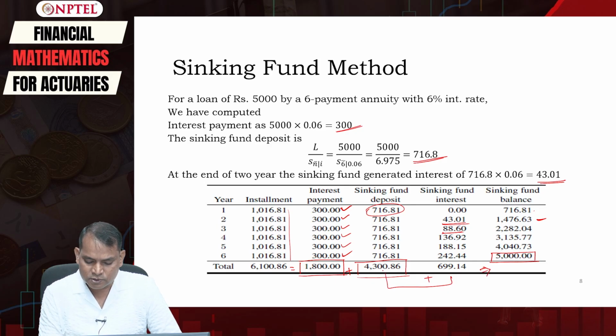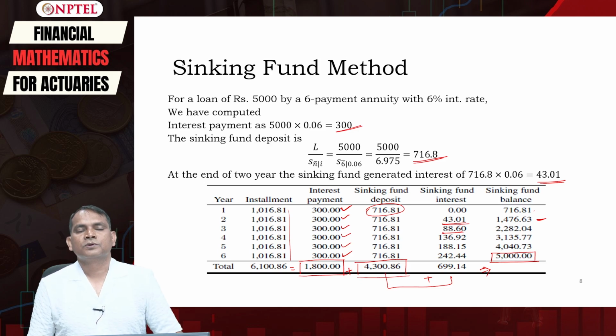So 4,300.86 plus 699.14 should be 5,000, or here we have 1,800 plus 4,300.86 equal to 6,100.86. So we have now understood this completely, and we have also recalled everything we have learned